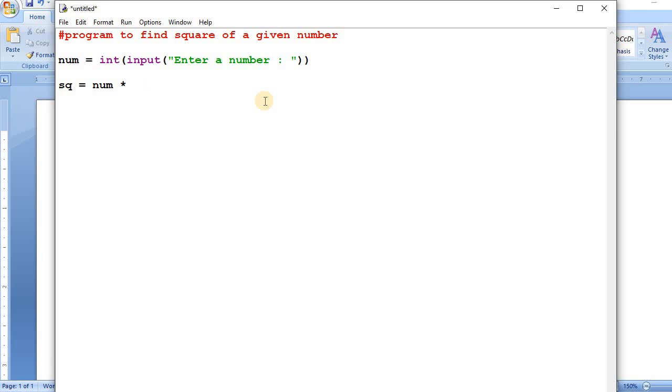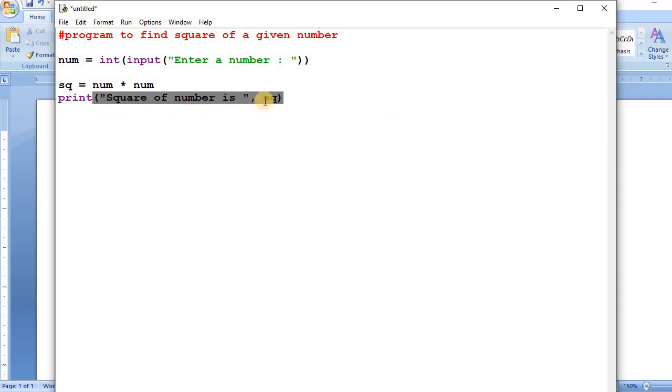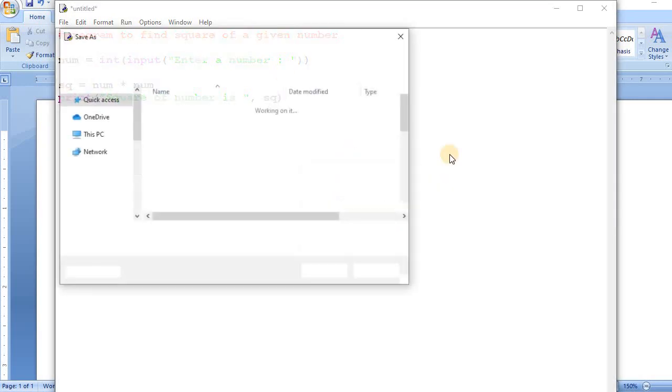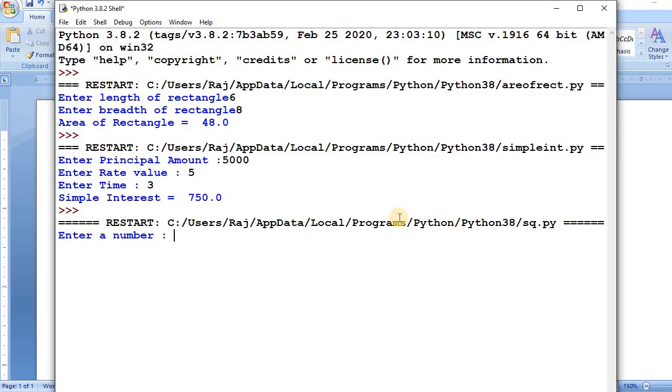So you can use any logic, so num multiplied by num, and then print the square of number is, and then comma sq. Now you run this program, you save this program, and it will ask, suppose I'm using 5, so square of number is 25.